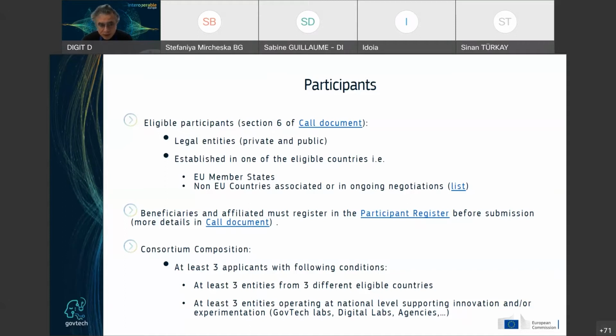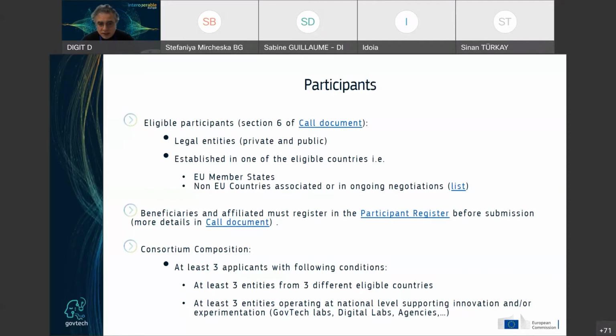And what we would like on the consortium composition. So ideally, we would like one consortium. This is something we want to be as large as possible. But the minimum condition is that we need to have at least 3 applicants with the following conditions. At least 3 entities from 3 distinct countries. And as well, we would like at least 3 entities operating at national level, supporting innovation and